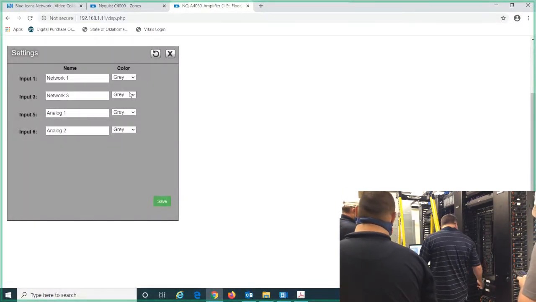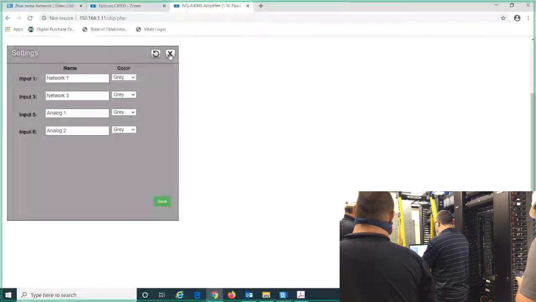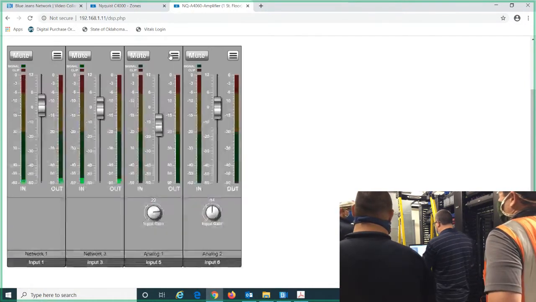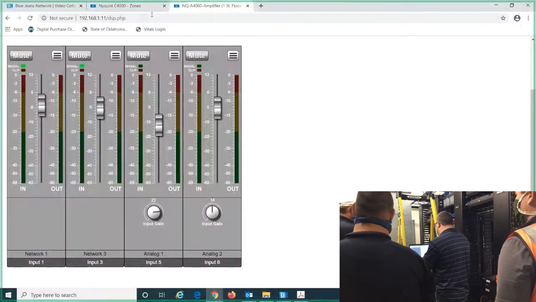Those are the physical connections on here. So for this purpose, I logged into the amplifier and there are no physical connections on it. What you really want labeled,